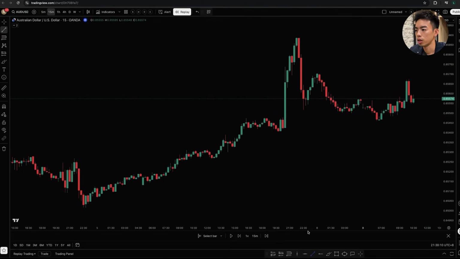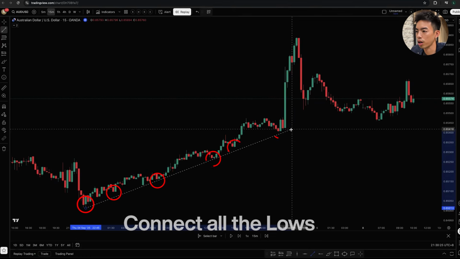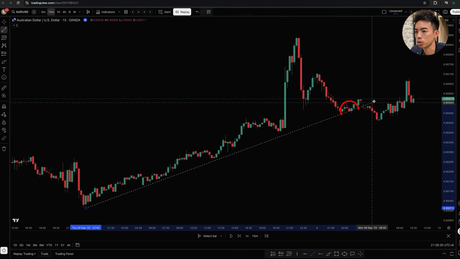Having that said, let's actually dive into the strategy. Now here's what most traders are taught, at least in the conventional way. When you see a short-term trend like this right here on the Aussie US dollar chart, what you want to do is just connect all the lows here. Right here you can see I'm connecting the lows right there,